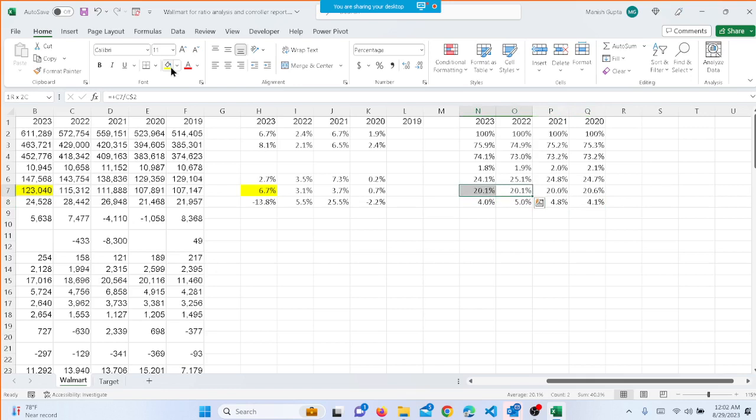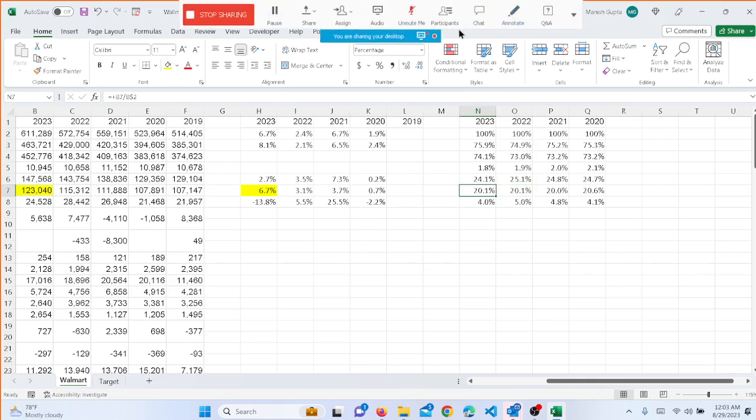When we look at the ratio to total sales, 20.1% and 20.1% is the same. Compared to sales it is the same amount, but compared to